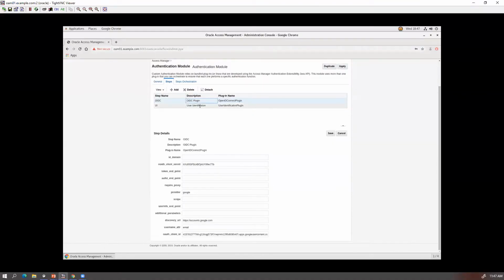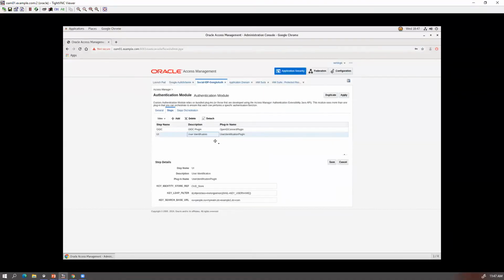If you look into the user identification plugin here, you see that there is a key identity store reference, which is the OID store here. Then we have the relevant LDAP filter, which you have to specify in retrieving the user. Of course, you have the search base URL where the user needs to be asserted and how the user has been identified.